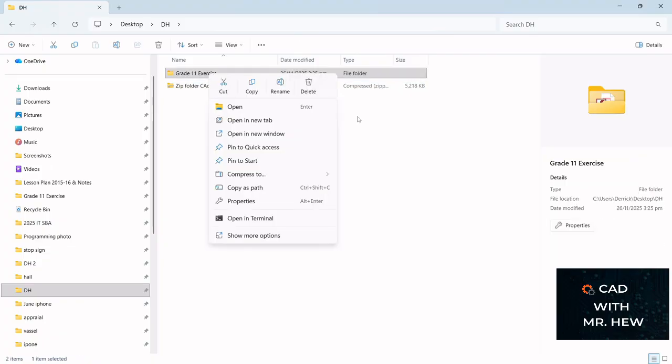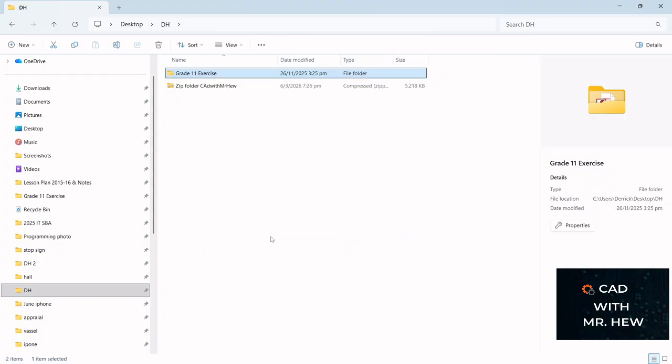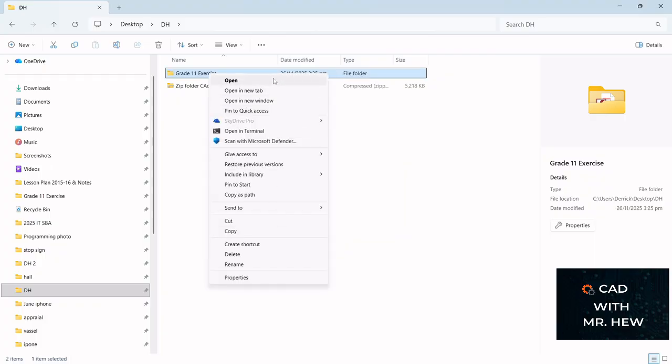Now, it was brought to my attention that some persons are not seeing this option as it is appearing on my screen, right? So I'm going to show you another way. So here, if you right click and you're not seeing the option which I used a while ago, what you would do, you come down to send to, and you come across, and then you can choose this compress folder